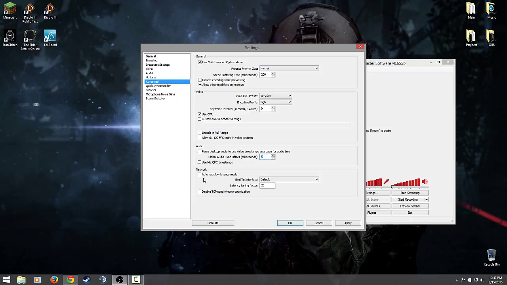Twitch pretty much says, hey, don't touch this unless you talk to someone at OBS or a developer, and 95% of you are probably not going to ever use it or need it. And same thing goes for bind to interface. What that does is it allows you to select a different network adapter and stuff like that. And then finally, you have the latency tuning factor. Again, don't touch that unless you talk to an OBS developer, and you're probably not going to need it. And same thing with disable TCP send window optimization. And that's pretty much that for the actual advanced